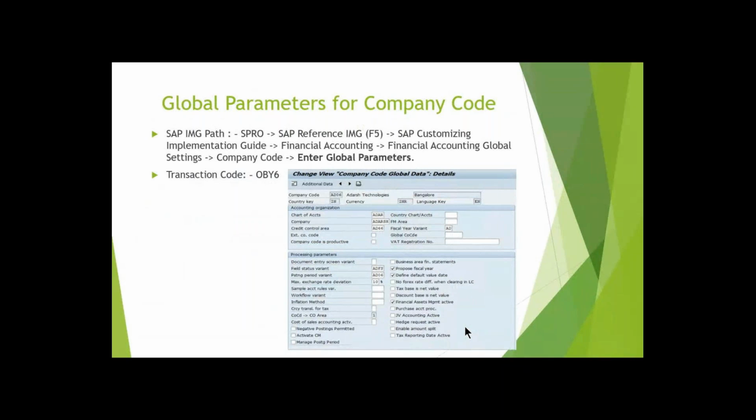Yes, sir. Okay. Now, global parameters in the sense, parameters of the company. As I told you, we will give the taxation details. For example, company should have all kinds of taxation details. What are the main legal entity details? That is PAN number, TAN number, GST number, correct? So these are all the taxation details. The taxation numbers will be there for your company, and we need to give them under these global parameters of the company code.